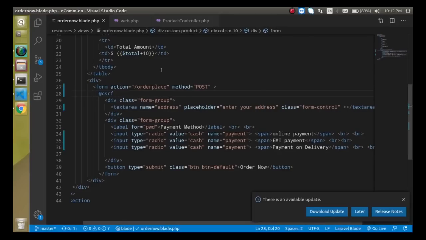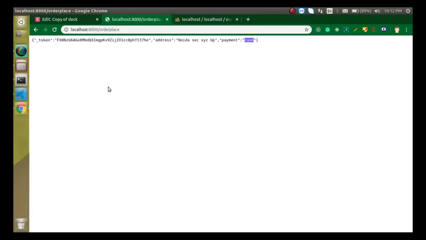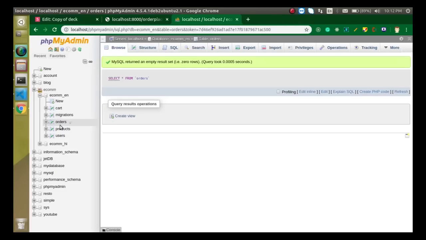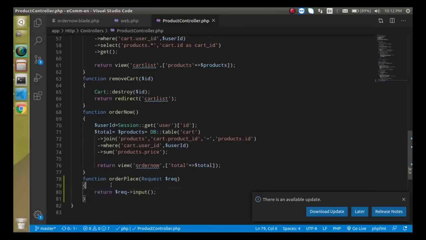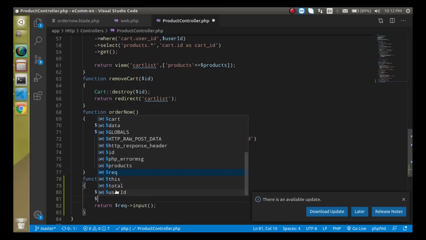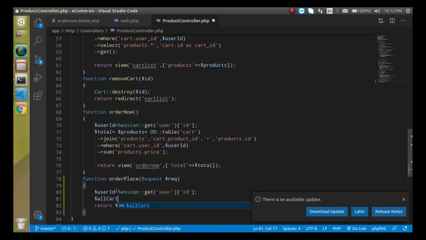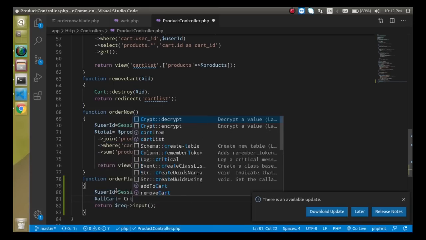Now what we need to do is get the old data which is placed in our cart table with respect to our logged in ID. So our logged in ID is currently 1, right? So we just need to get all 3 records, so that we can put a condition here. First of all we need to get the session here. So let's copy this session ID, and then take a variable like $allCart, and just use here Cart,